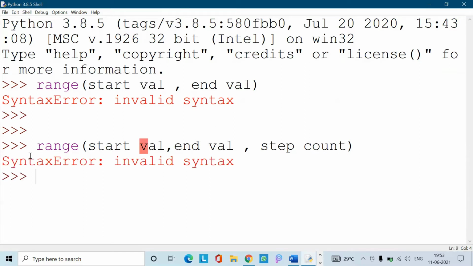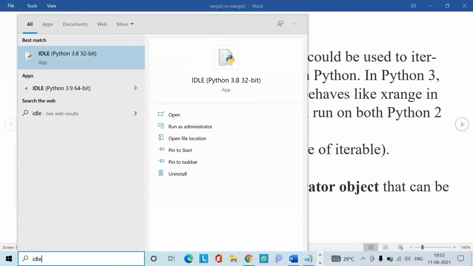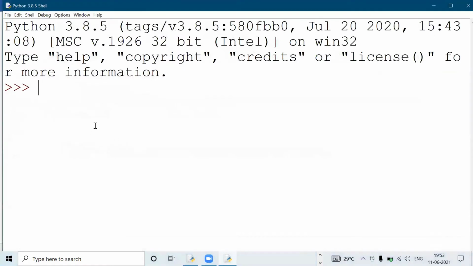Let me show you clearly. As you have seen the syntax, for range I am going to give a start value of 1 and an end value of 10, and assign it to a variable called x. Now let me print list of x.